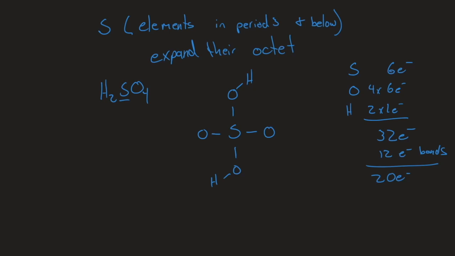I'm going to start by distributing those around, starting with the outside atoms. So 1, 2, 3, 4, 5, 6 completes oxygen's octet. 1, 2, 3, 4, 5, 6 completes that oxygen's octet. And so we've used 12 of the 20 electrons. 1, 2, 3, 4 uses another 4 of those electrons. And 1, 2, 3, 4 uses the last 4 of those electrons. So I've used all of my electrons